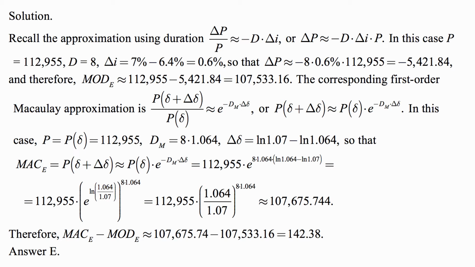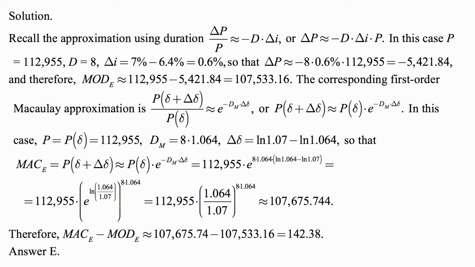So if interest rate rises from 6.4% to 7%, the change in price is a decline of 5,421.84. And this mod E, the new price approximated with respect to interest rate approximation, is previous price minus that amount, and that comes out to be